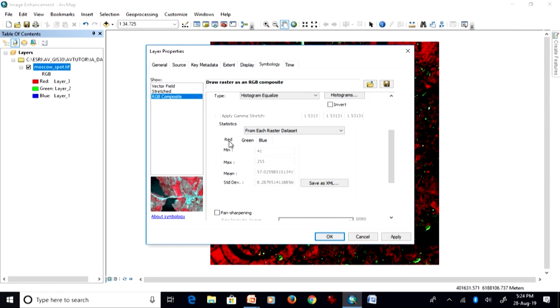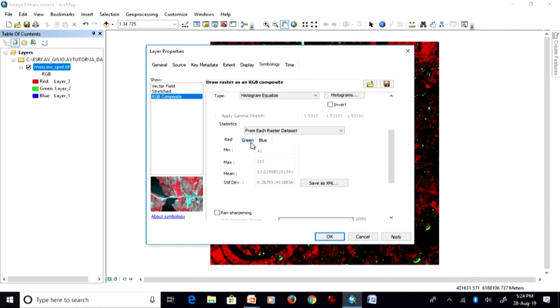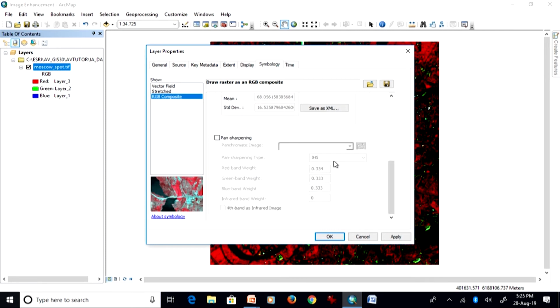And when I was discussing the image statistics and histogram, at that time I said that it is always better to spend some time on the histogram of the raw image, and if you are handling a false color composite, then for all bands which are involved there, see their histogram, see their statistics, minimum, maximum, mean and standard deviation and all values, because they will tell you which enhancement or stretch will be better for the image which you are going to use.